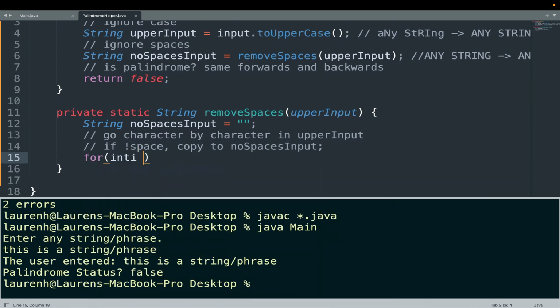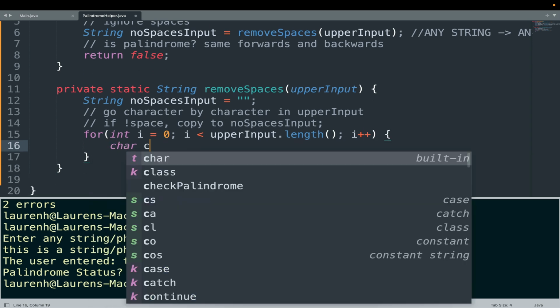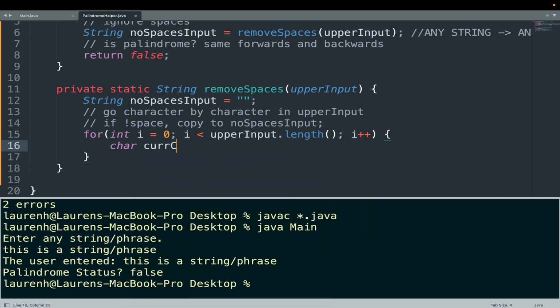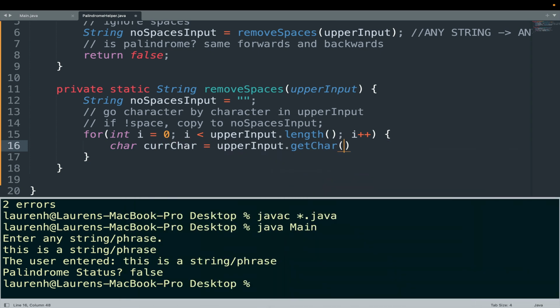So for int i equals 0, i less than the length of my string, i++, and I'll go ahead and grab each character, cur char. This will be upper input dot charAt(i). And as long as it's not a space, I'm going to copy it into my no spaces. So if my cur char is not a space,